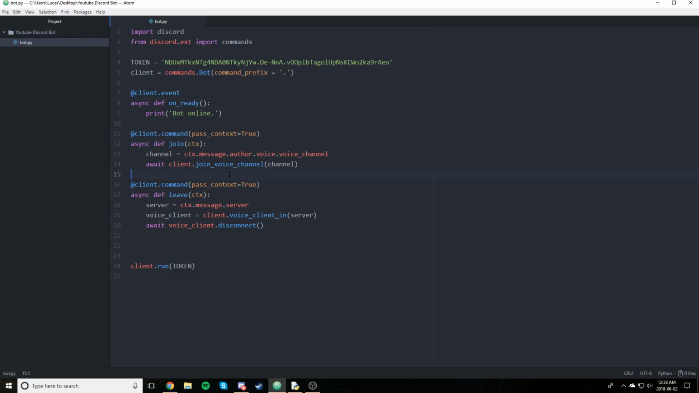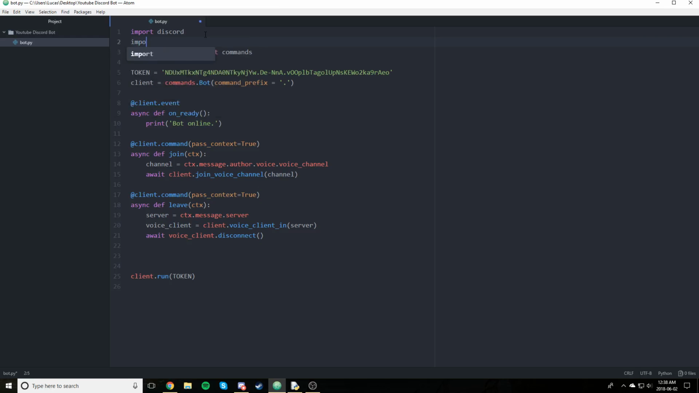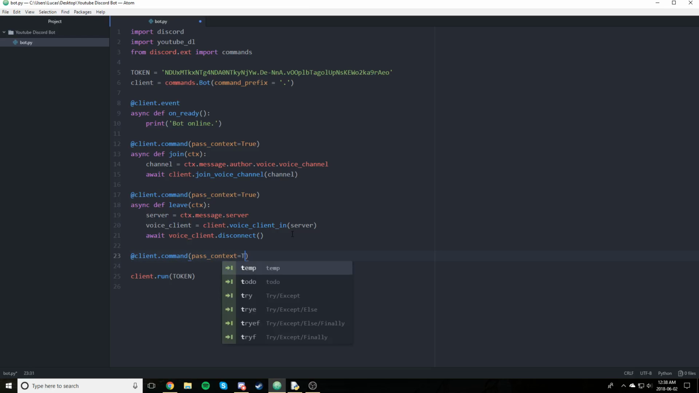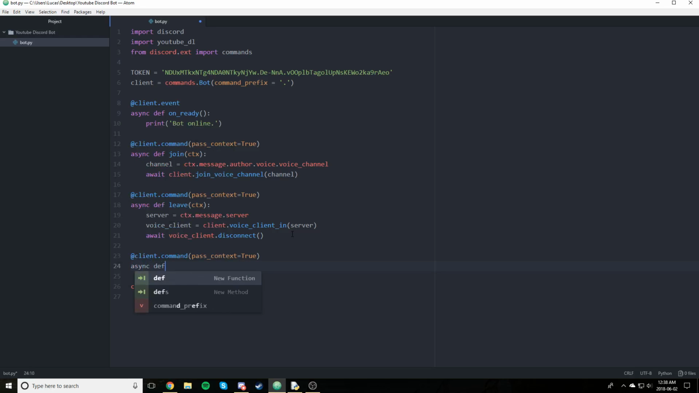So head on over to your bot.py or whatever the file's called, and get ready to program a little bit. First of all, now that we've installed YouTube DL, we're going to need to import it, youtube_dl, and we're just going to go down and create our play command. So in order to do that, @client.command(pass_context=True). Gonna need that for a lot of these commands, and we're just going to say async def play(ctx, url). That is, as you may have guessed, the URL of the YouTube video that we want to play